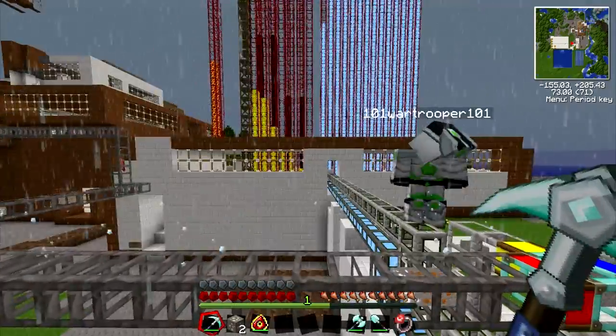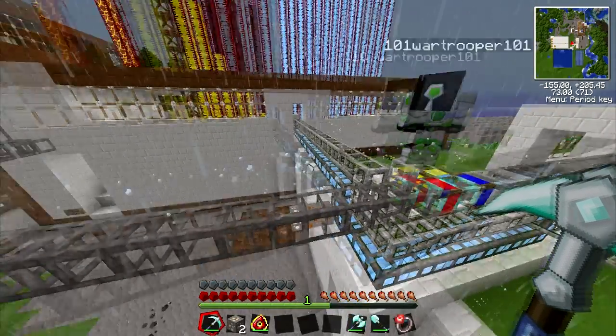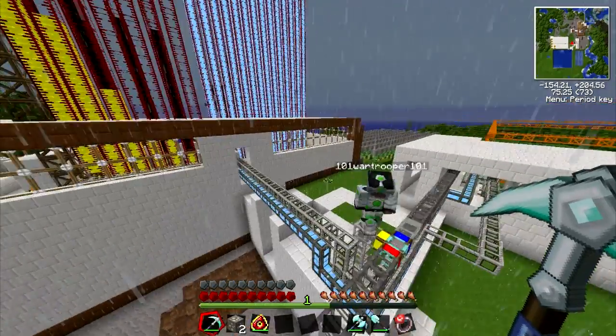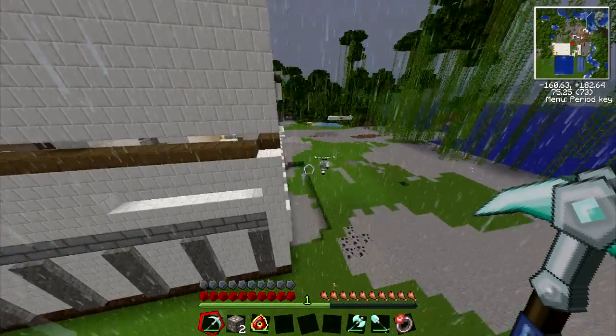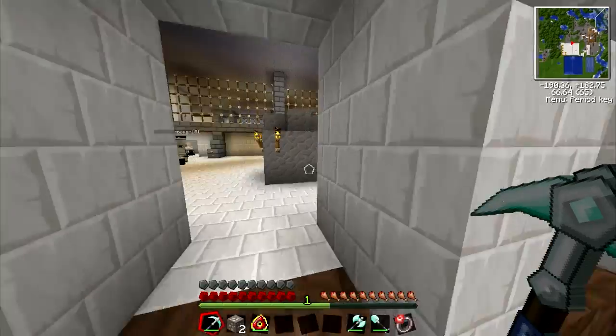Now, should we show where this goes to? I mean, not the ore, the cobblestone, dirt and gravel, or do you want to... yeah, we'll do that now. Alright. Because I can talk about the mass fabricator then, and the nuclear reactors and stuff, right? Basically